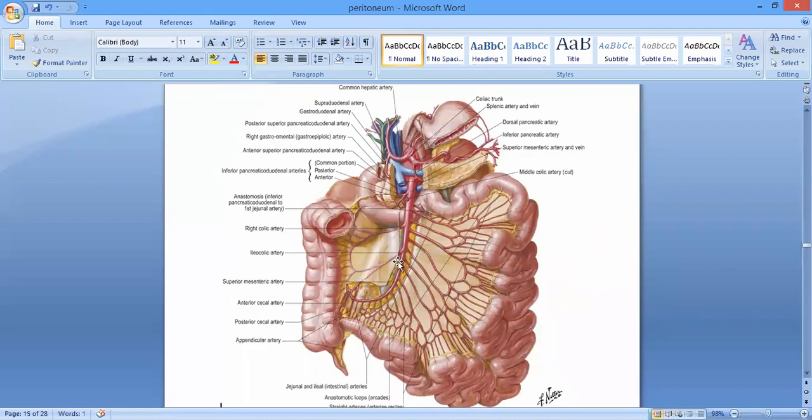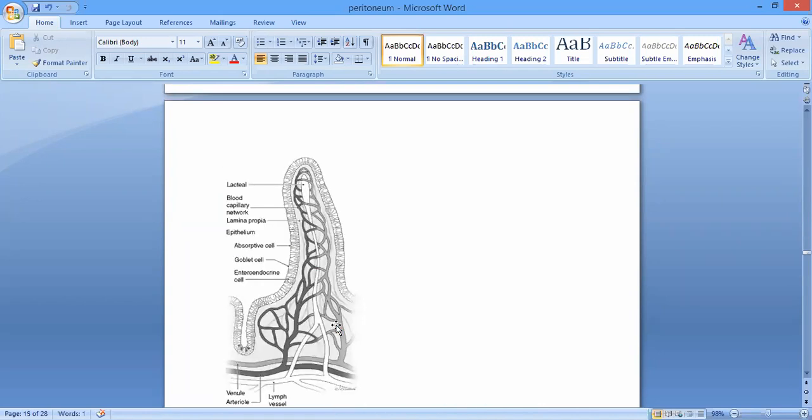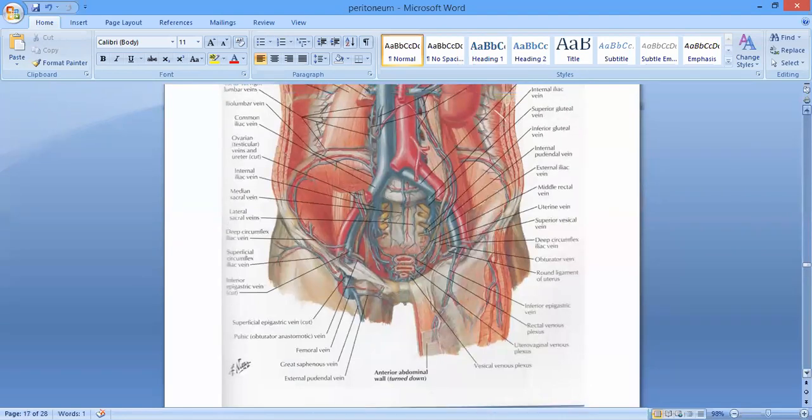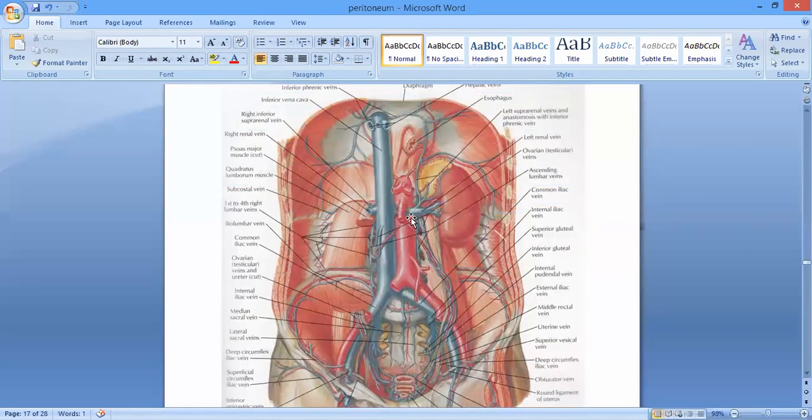Okay? And when it is attached, as it passes from L2 down to the right sacroiliac joint, it is going to cross certain structures. And which structures will they be? Here you can see, it comes from this level of L2, right? Then it is going to cross here. The duodenum was here, okay? It will cross the duodenum. Then it is going to cross the superior mesenteric vessels coming here, right? Superior mesenteric